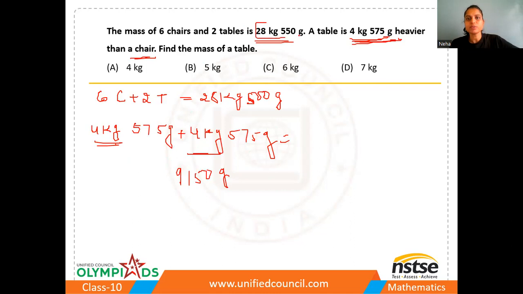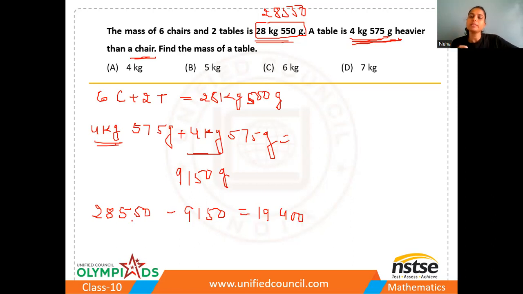So first of all, if I convert it into grams, this is 28,550. Okay, so let me subtract it from 28,550 minus 9,150. So this is 19,400. Clear? So now 19,400 I have to divide by 8 because in total we have 8 items here. Right? So 19,400 divided by 8 is nothing but, okay, so this is